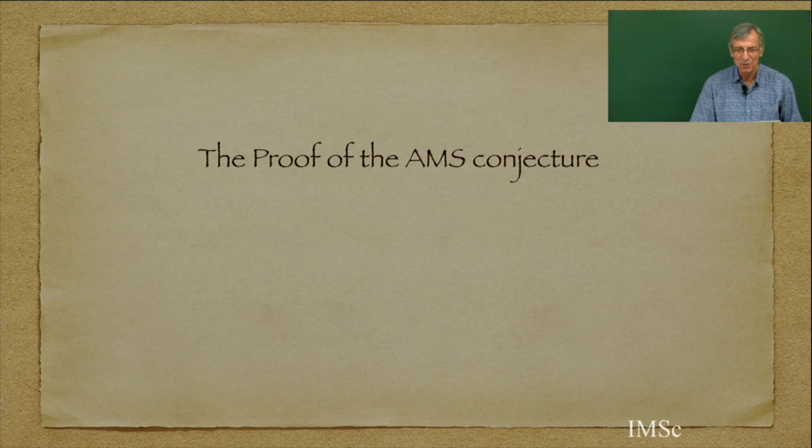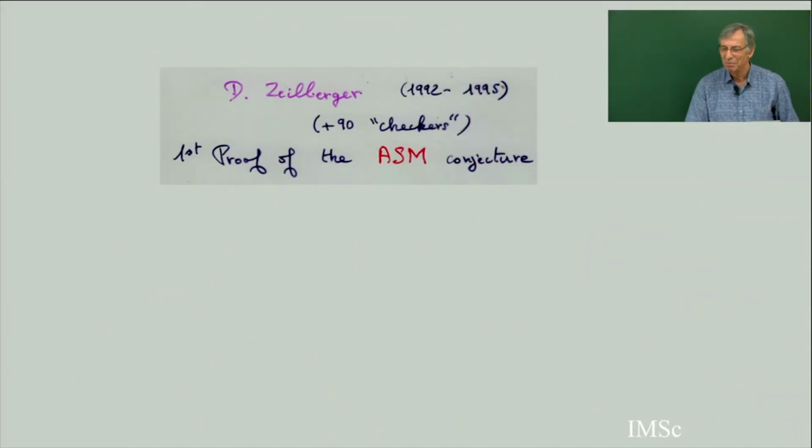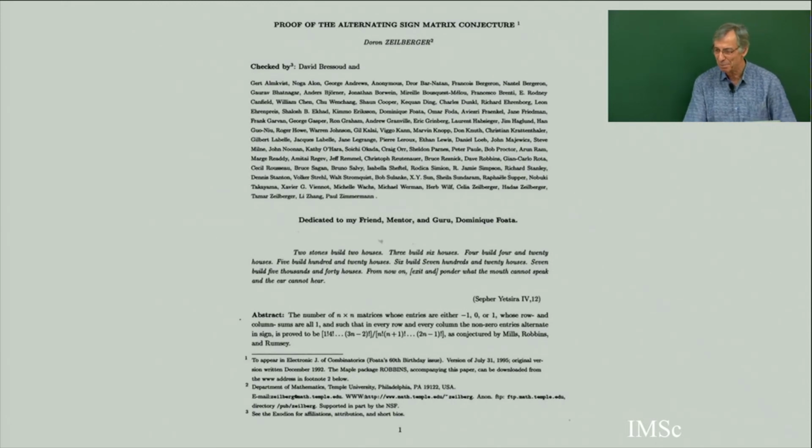And then just after, while Andrews was proving this, the proof for the Alternating-Sign matrices was done by Zeilberger during several years, from 92 to 95. This was the first proof for the Alternating-Sign matrices. What Zeilberger proved is that the number of Alternating-Sign matrices is the same as the number of totally symmetric self-complementary plane partitions. So if you know Andrews' paper, then you can deduce the result, but just to show that there is the same number on both sides. There is no bijection, same number on both sides, and here is the first page of the paper.